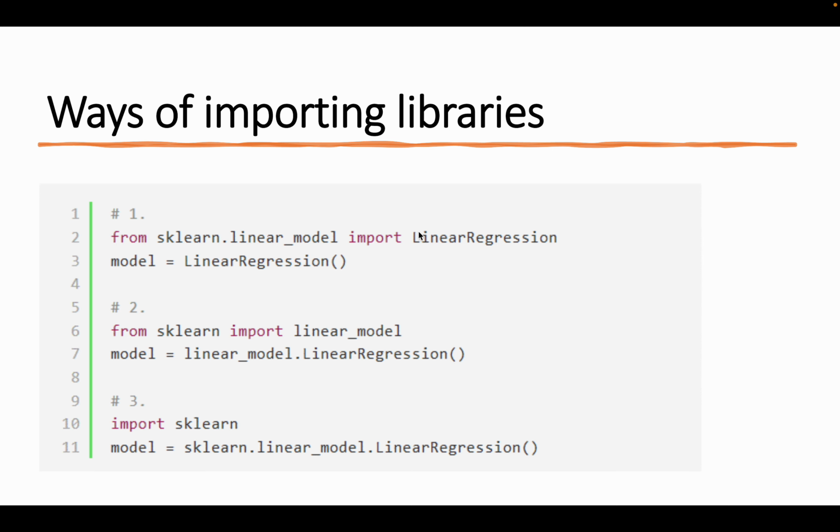That person can already understand, oh, you want to call this function in your code, rather than if you just import the module and you import the linear regression function under this module later on. Or even worse, you import the library itself and you point to the function that you want to use later on. So the first one would be better for reading. But for the performance part, actually, it doesn't affect your performance that much. It's more about the readability.